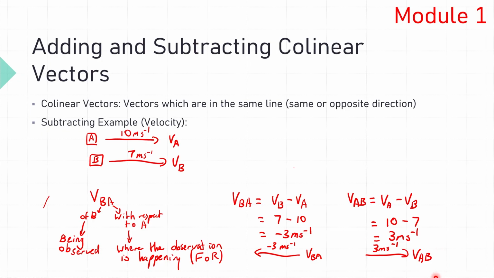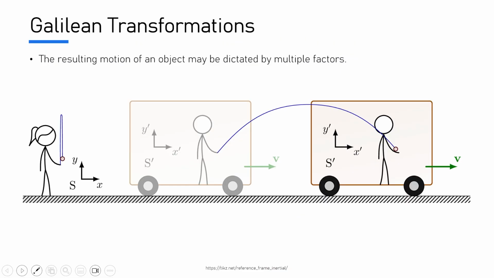And by being in two separate frames of reference, it's quite likely that you will observe a scenario very differently to another person in another frame of reference. These techniques that we learnt in Module 1 are known as Galilean transformation. We've applied this transformation in many other scenarios across the majority of modules in this course.